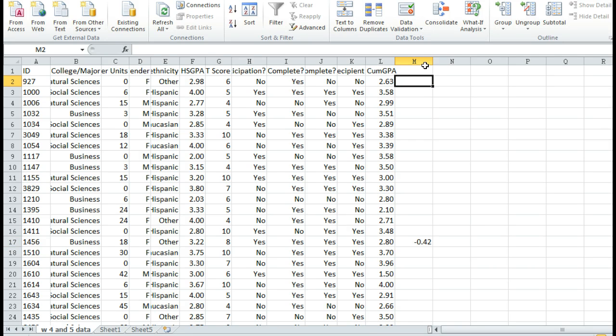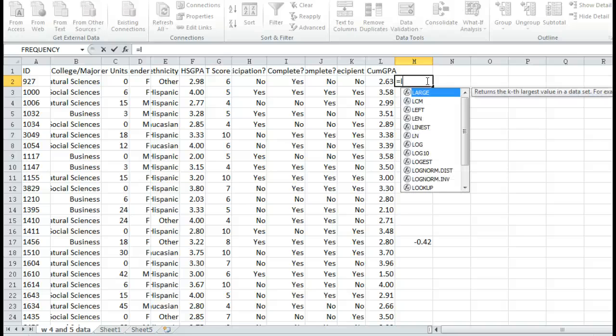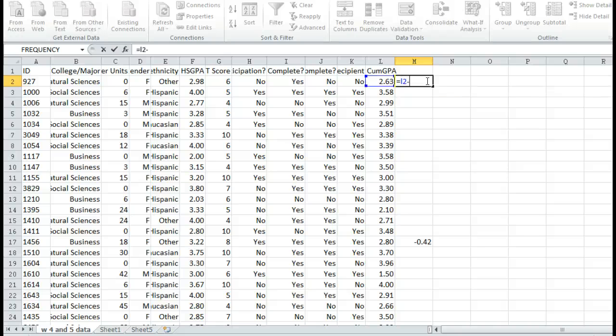So I'm going to click in cell M2, and I'm going to begin with an equals, and I'm going to say L2 minus F2, so college GPA minus high school GPA for this first student. I hit enter,